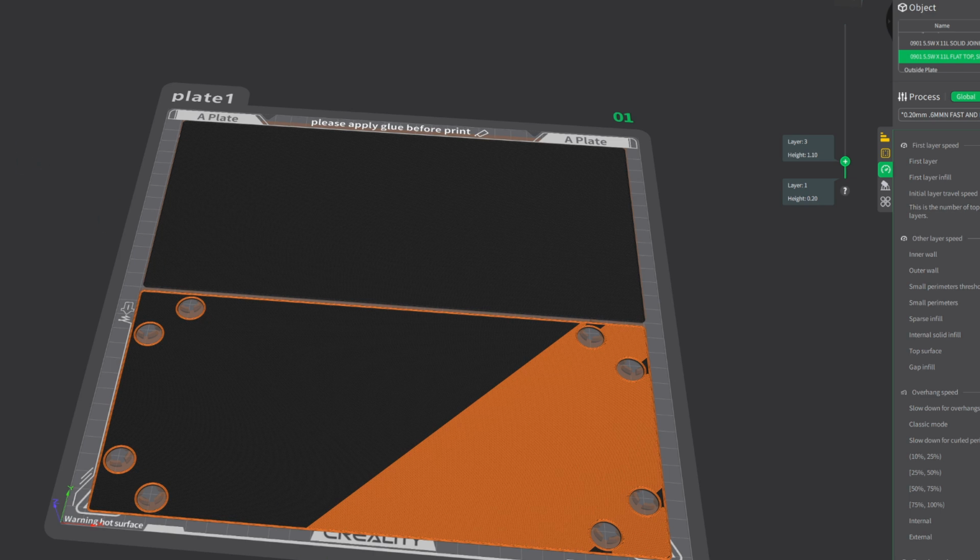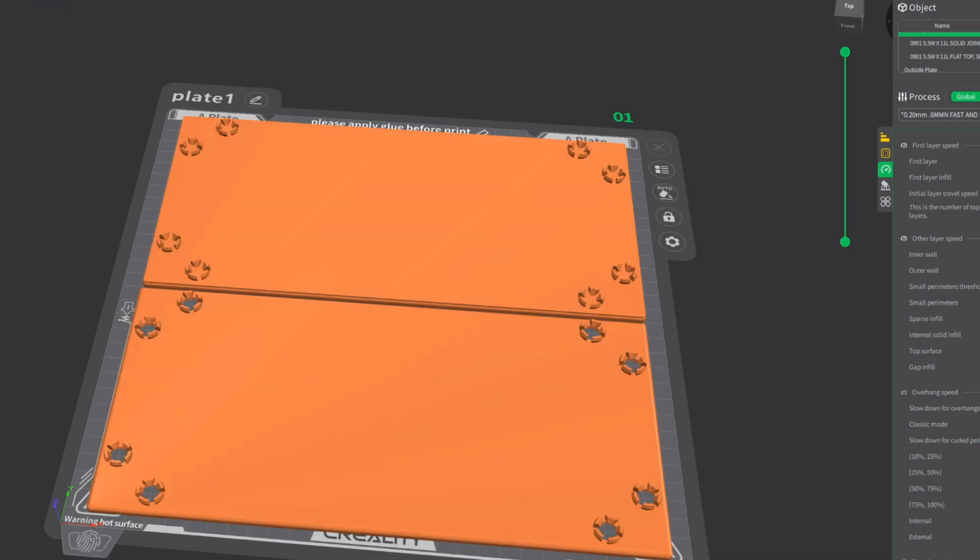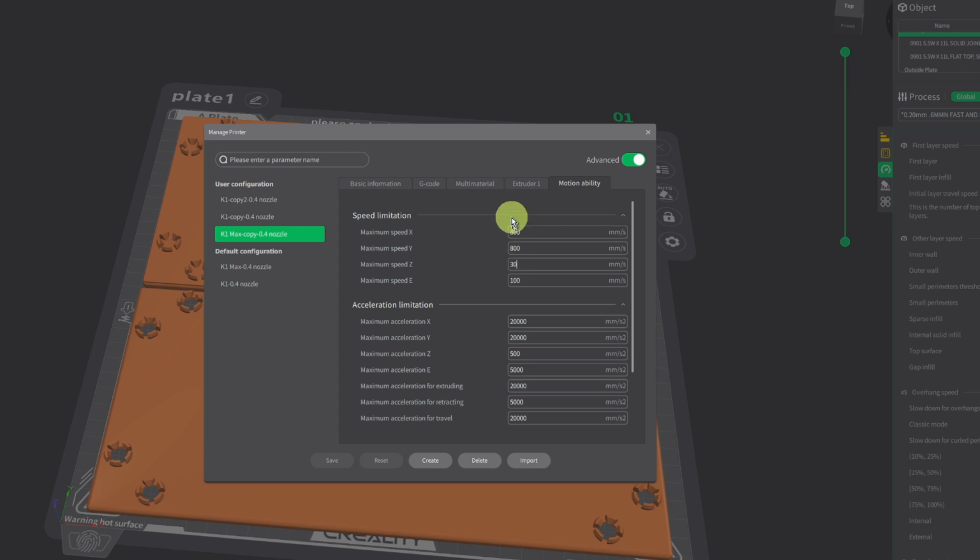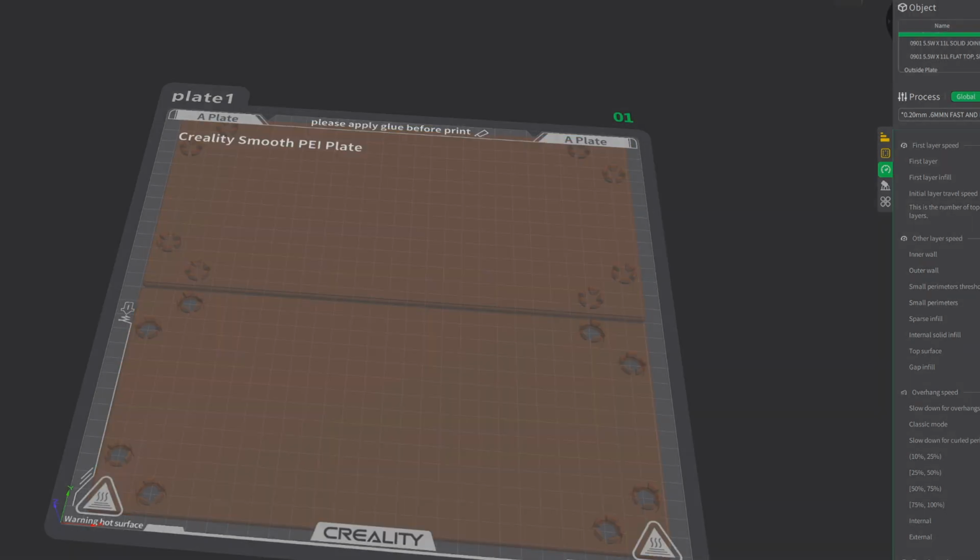So can I check my extruder speed? I guess not. But so I'm down to 74. I want to say it was like 119 or something. So I am going to go back. Oops, no, that's not where I need to go. I'm going to go back into motion, and I'm just going to put it at 555. And so what did I say that was, like 70 something? So now if I slice it,